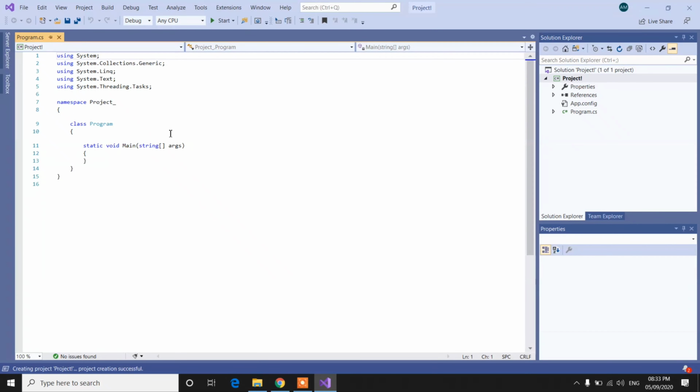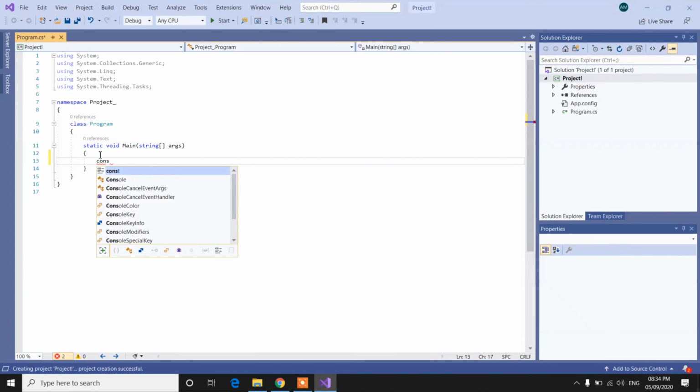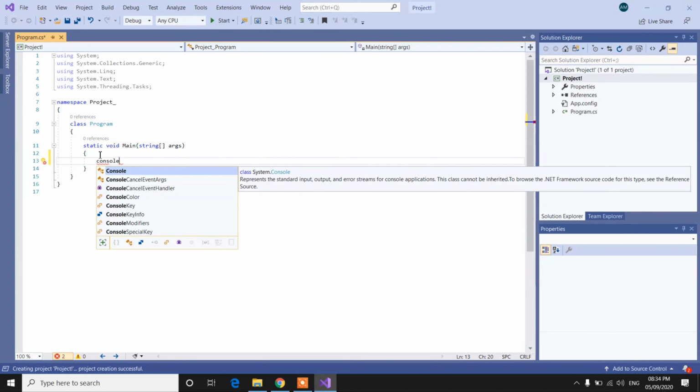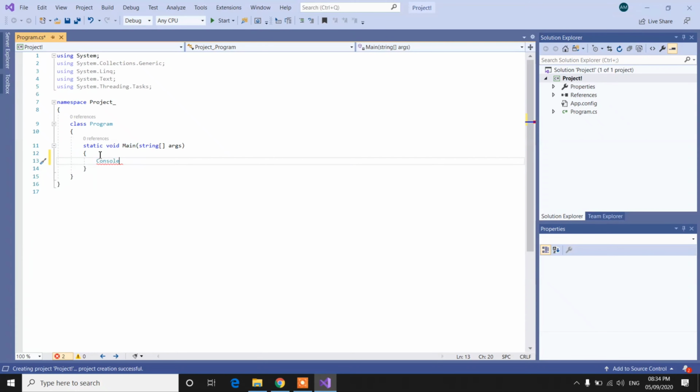So here our project has been created, and by default the Program.cs page has also been created by itself. So we need to write the code here. For console, we need to write the Console keyword dot WriteLine here.